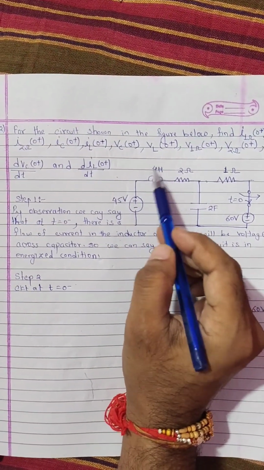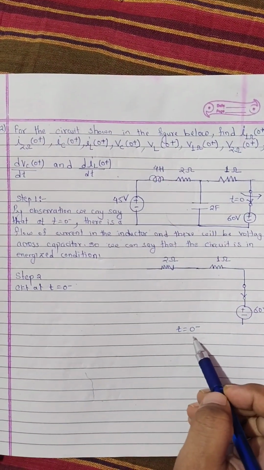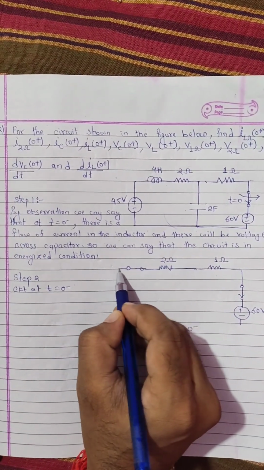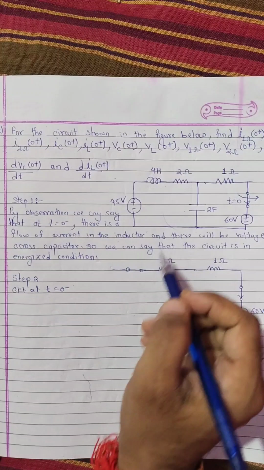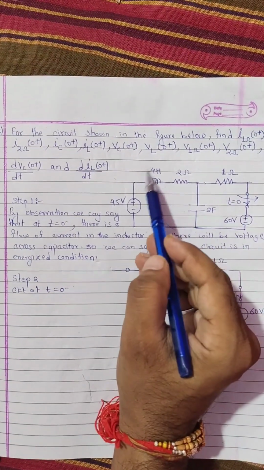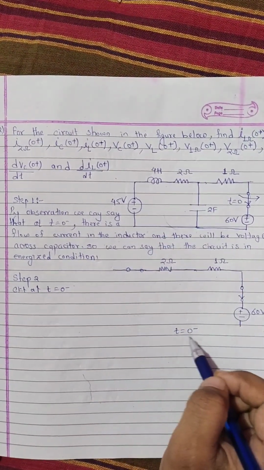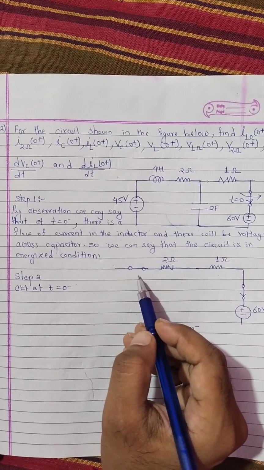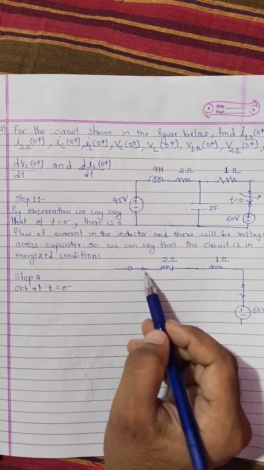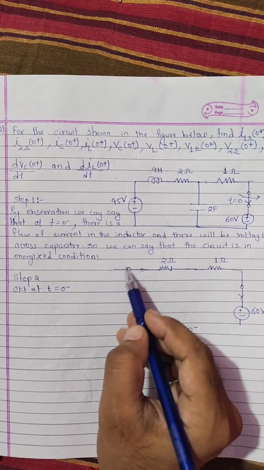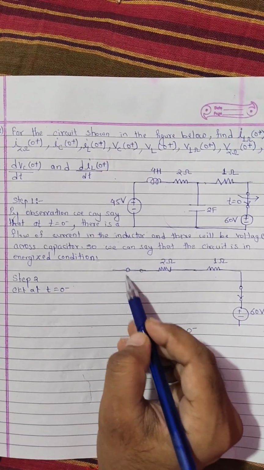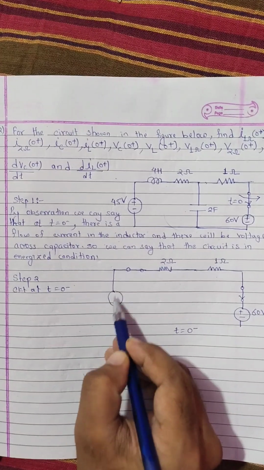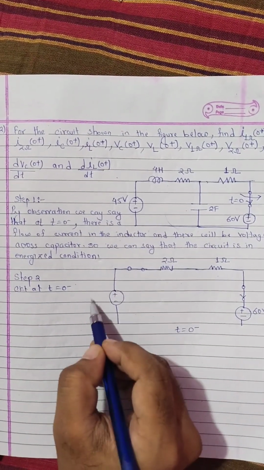So an energized inductor at t equals 0 minus is replaced by a short circuit. If we see the table, we will know that an energized inductor at t equals 0 minus will be replaced by a short circuit. Although it is replaced by a short circuit, physically there is an inductor. Similarly, this is the voltage source of 45 volt,